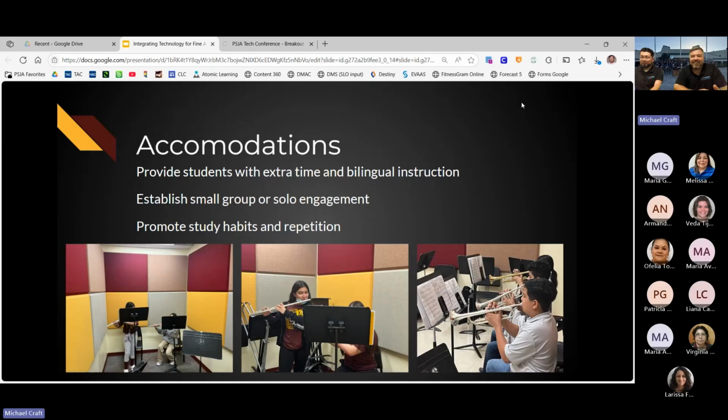Anyway, so these are our kids. We like to separate them into small groups, whether they like to play together or one kid is helping the other. We try to group them up in ways that help them. So of course we have the benefit of practice rooms. Some of you, if you're stuck in one room, you could have the kids have a schedule where only these students come at this time, and that way you have more space, private space to do things in a more closed environment if they feel more comfortable that way.